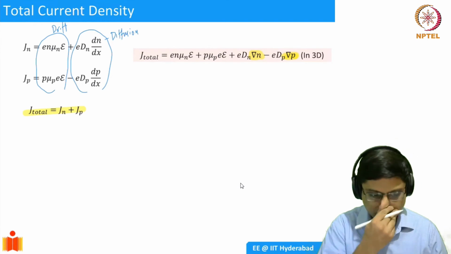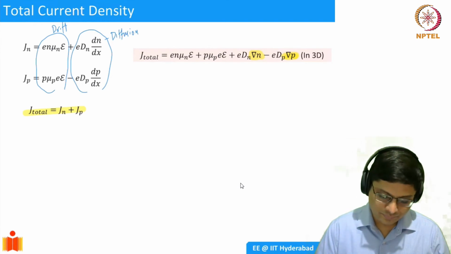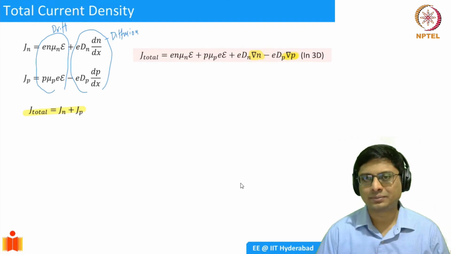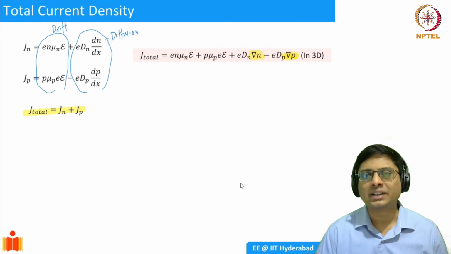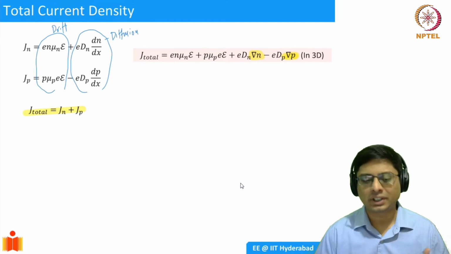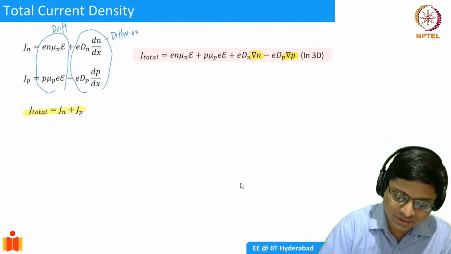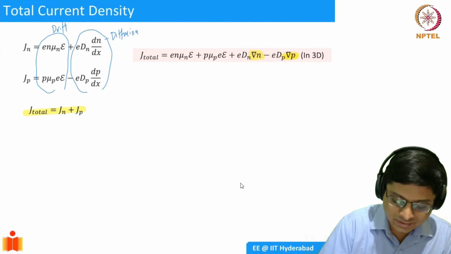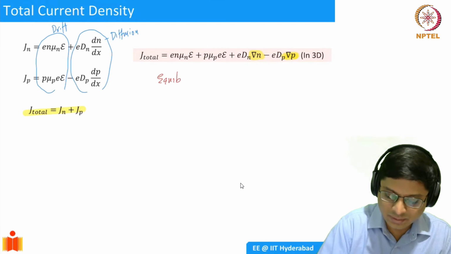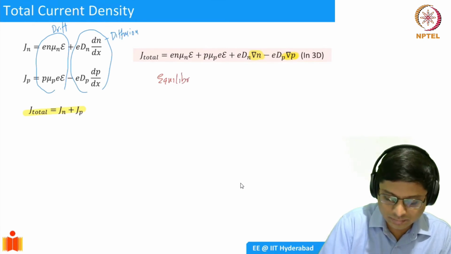So what happens to a semiconductor which is in equilibrium? Equilibrium means the electron current is going to be 0 and the hole current is going to be 0. The reason for that is that we already said that equilibrium means there is a balancing of